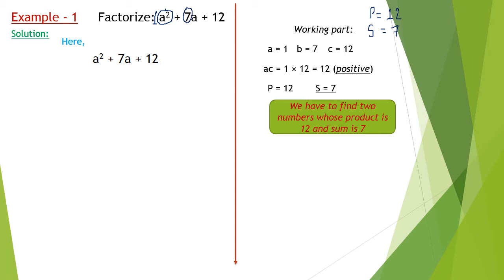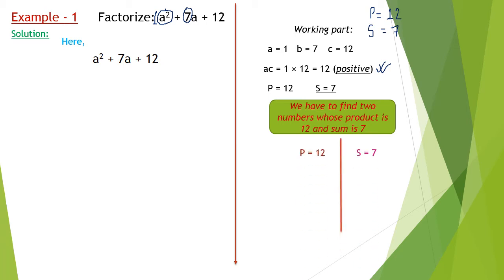Why sum? Ask the question. Okay, why sum? Because the product ac is positive. If the product ac is positive, then we have to find two numbers in such a way that their sum, their addition, will be 7. And from where did 7 come? It's the value of b. Okay, now let's